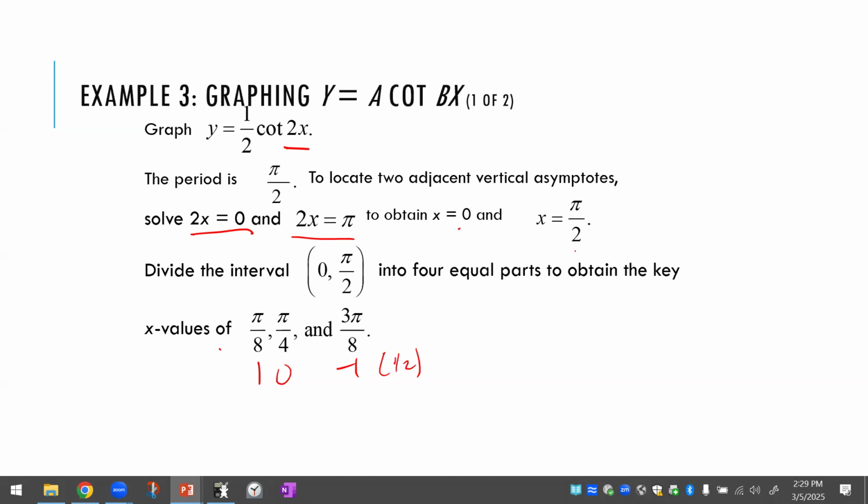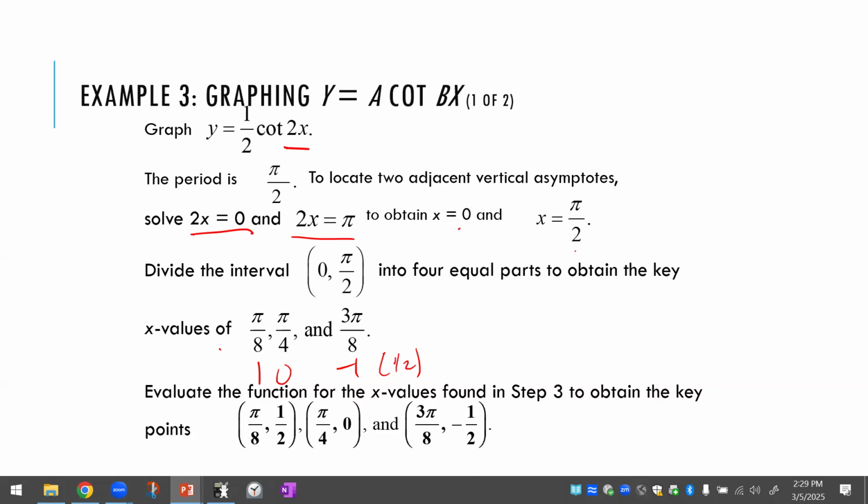All right, so we end up now having our x's. So remember, for our y's, they are normally 1, 0, and -1, because cotangent, you're decreasing. Okay, tangent, you're increasing. So tangent was -1, 0, 1. Cotangent is 1, 0, -1. And to each one of these values, I'm going to multiply by 1/2. And that's because my vertical compression is 1/2. So once I multiply each one by 1/2, my new points are